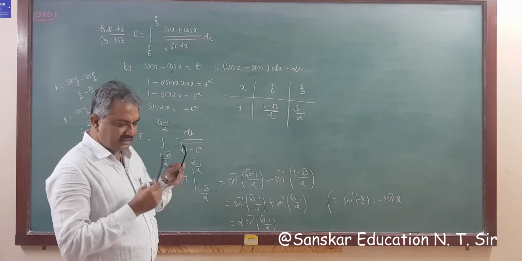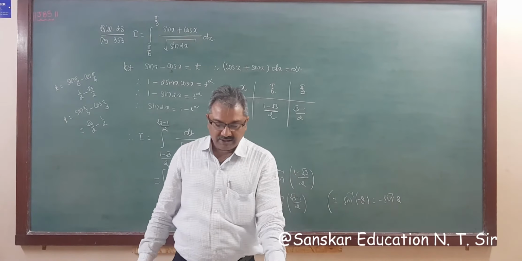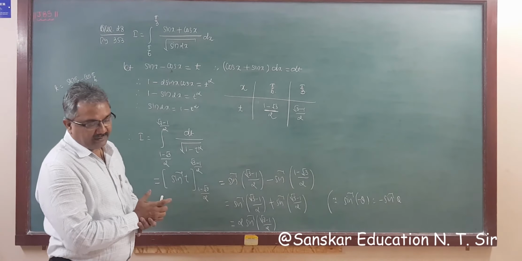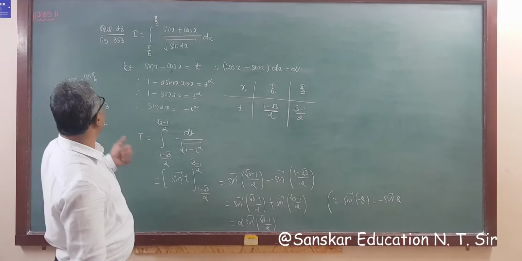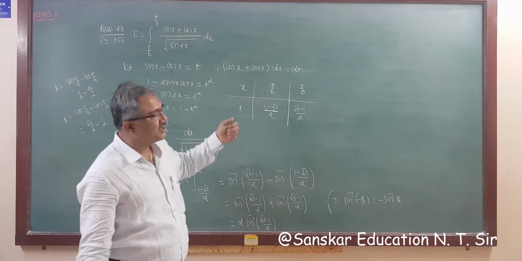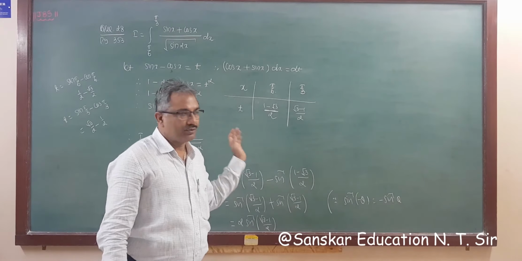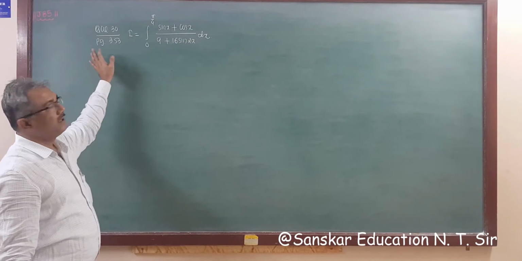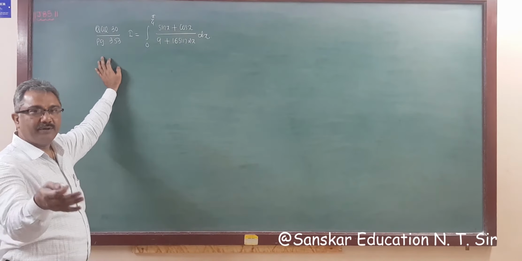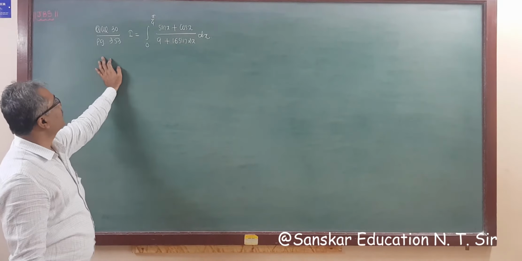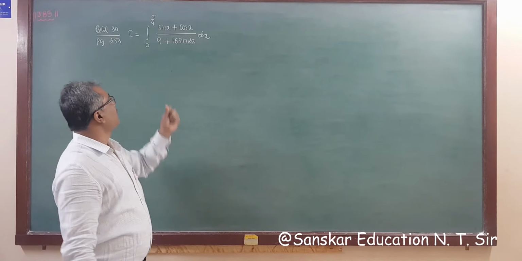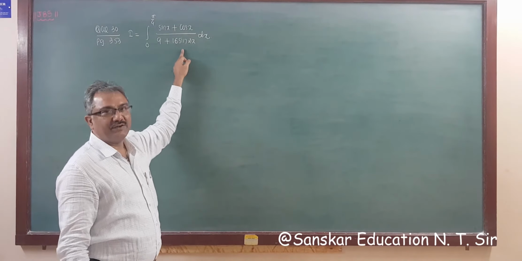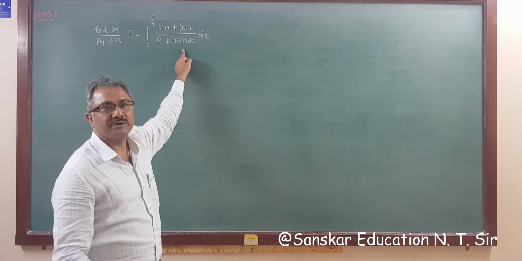So this is a nice question, and this is the answer given in your textbook. Then the same type of question is question number 30, but we need some more space. So just wait a minute. As we discussed, this is the same question as we did previously. Question number 30 is the integral from 0 to pi by 4 of sin x plus cos x over 9 plus 16 sin twice x. The same way we have to solve this question.